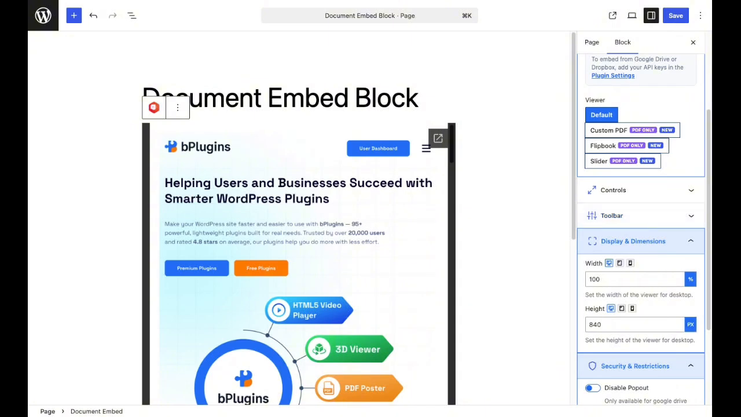Okay, so that's everything included in this update. Whether you are looking for more viewing options, better performance, or an easier editing experience, this release really has something for everyone. So if you're already using Document Embedder plugin, all you have to do is